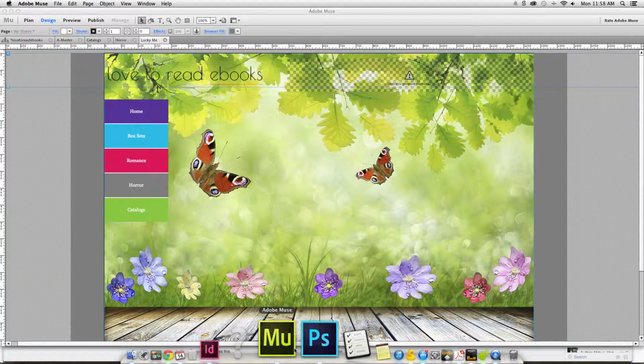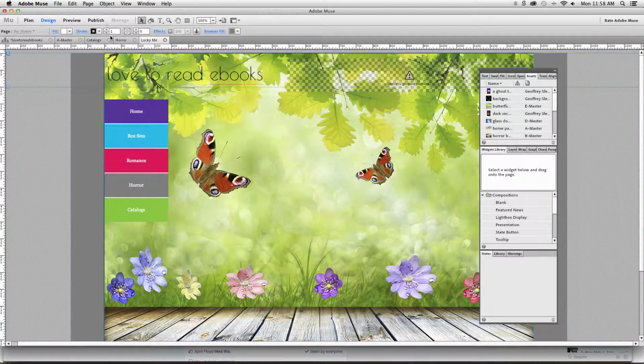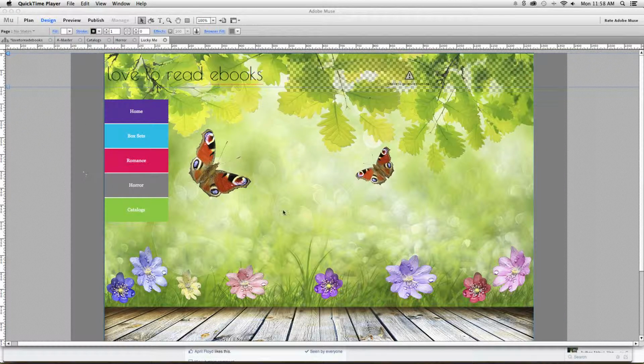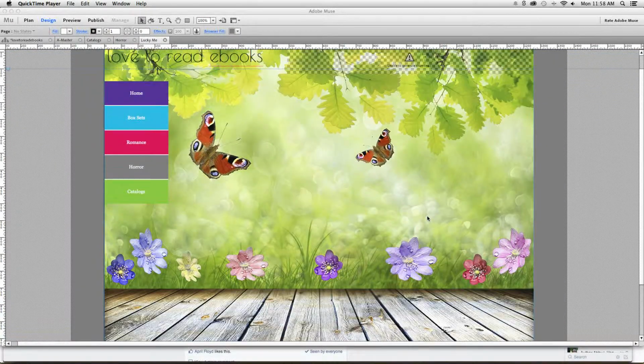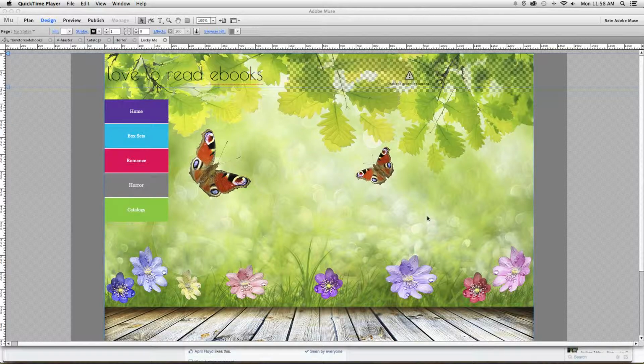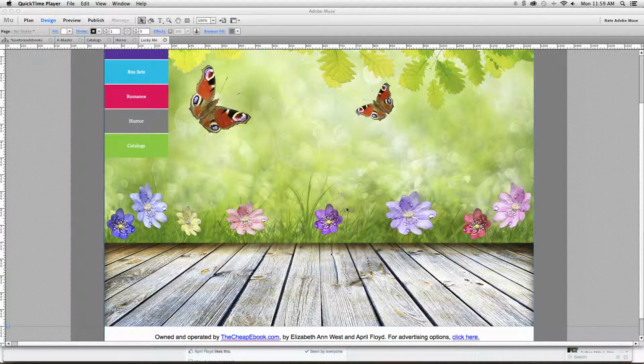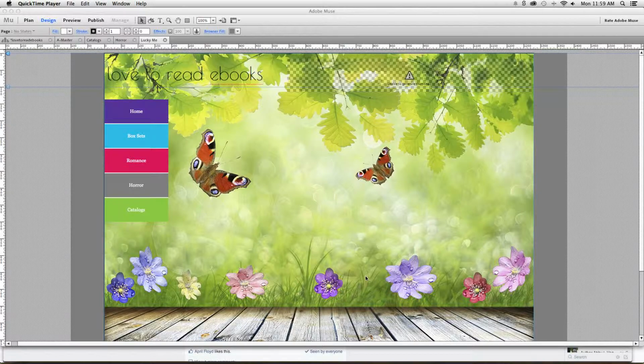Okay, trying to keep my videos in 10-minute increments here, or thereabouts. So all I've done again in the previous video was make this page and make a master page so that I can make all my pages look like this background here without having to redo these pages over and over and over again. So we're going to make the Lucky Me catalog, and